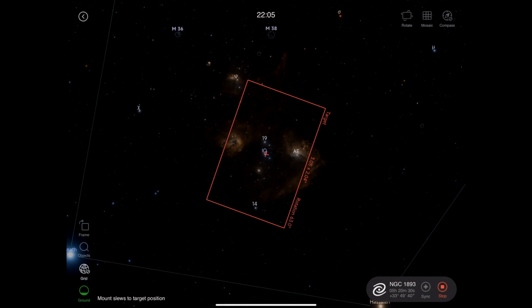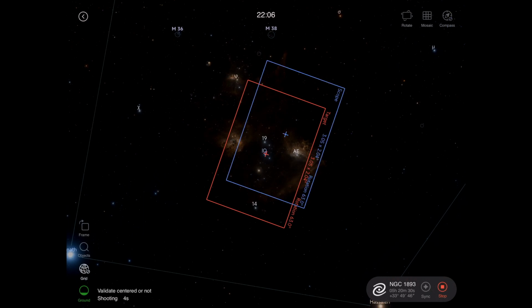Just on that beginner point as well, because it is so easy to use, you don't need to worry about, well, okay, I'm using plate solving. How does plate solving work? What do I need to do there? You just basically say, go to this target, it will slew to that target, and if it's not quite lined up, it will plate solve and work out what adjustments it needs to make to move to the target that you said to go to.